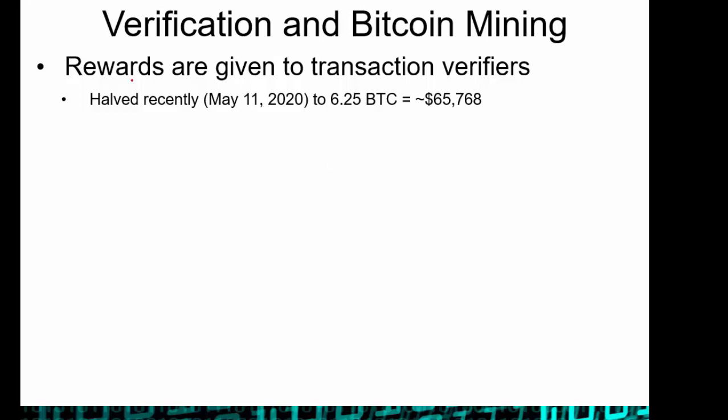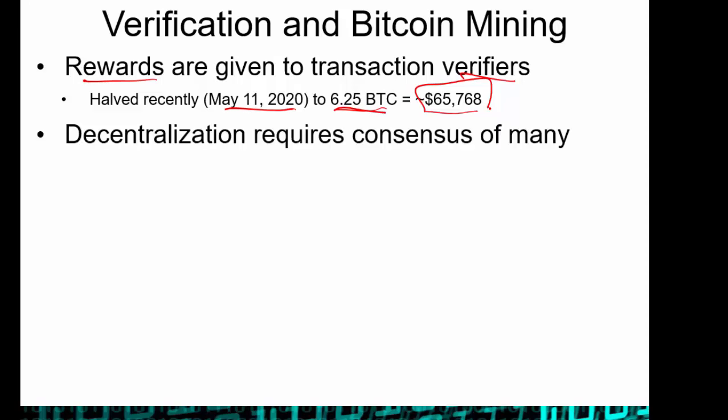And the way this is done is that Bitcoin gives what are called rewards whenever people verify a transaction. Currently the reward, which was just recently halved on May 11th this last year, is 6.25 Bitcoins, which is still a lot of money. That's almost $66,000 each time you verify a block of transactions,